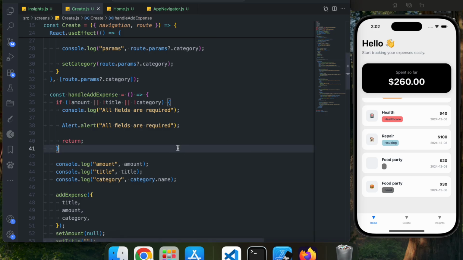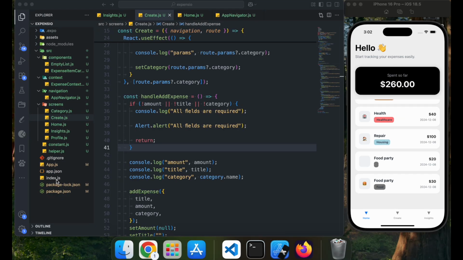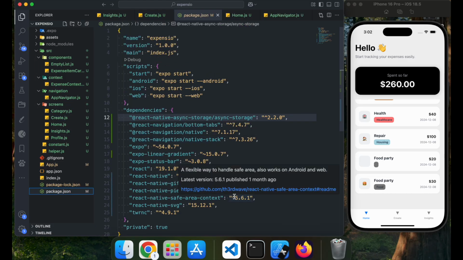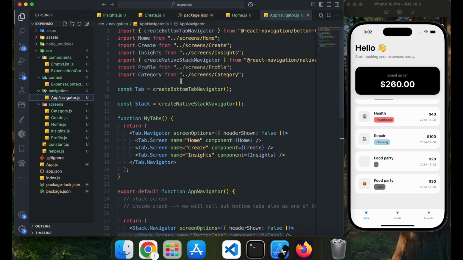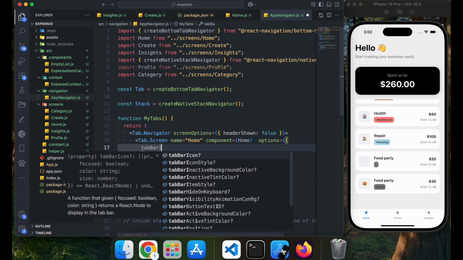And now what else do we need? We need to add these icons, right? We'll go to this app navigator and let me check if expo vector icons is already installed. Okay, it is not, but let us try if it would work or not. So we need to give this home an icon, right? We do it by passing an options prop, and here we will add tabBarIcon like this,